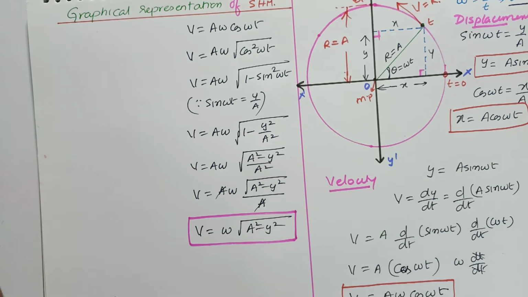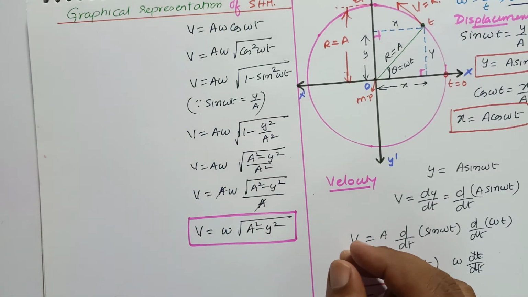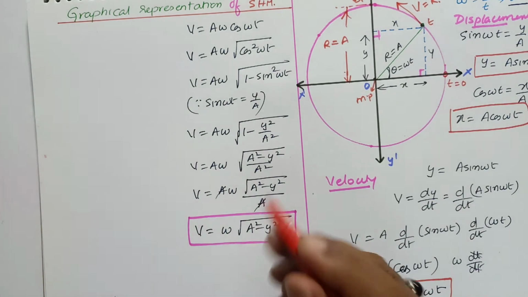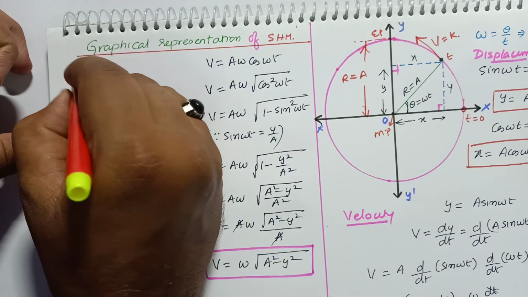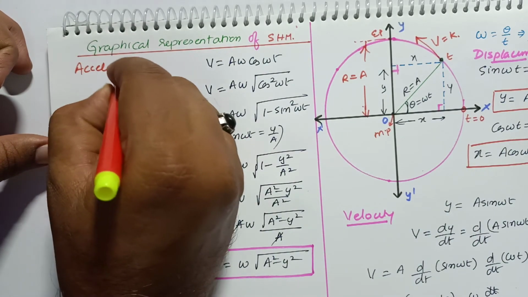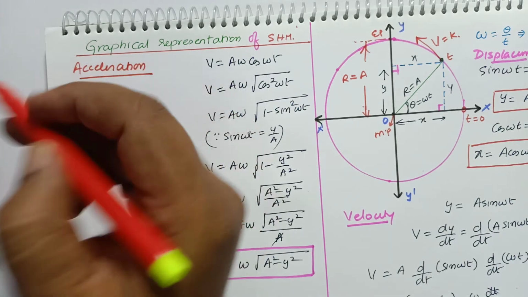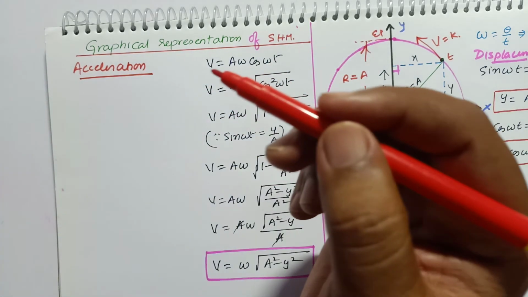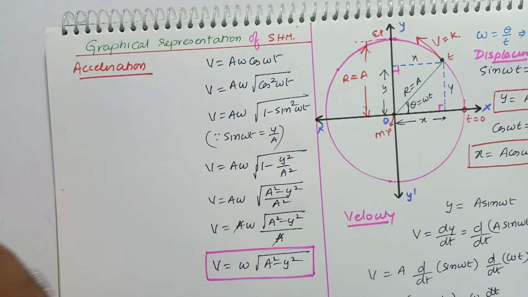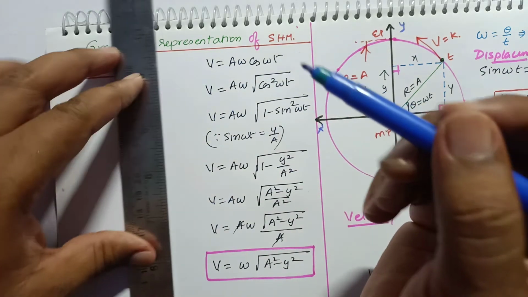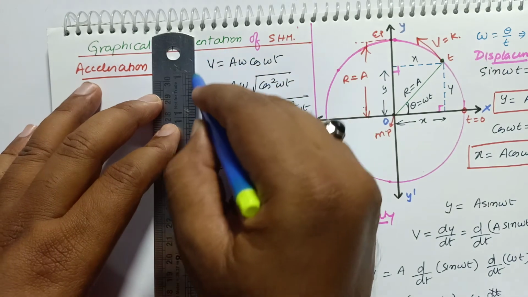The next point which we need to discuss here is acceleration. How are we going to find out the acceleration here? We will find out the acceleration in this case now. Before that, let us divide this into two parts, two sections, so that it will eliminate the confusion here.